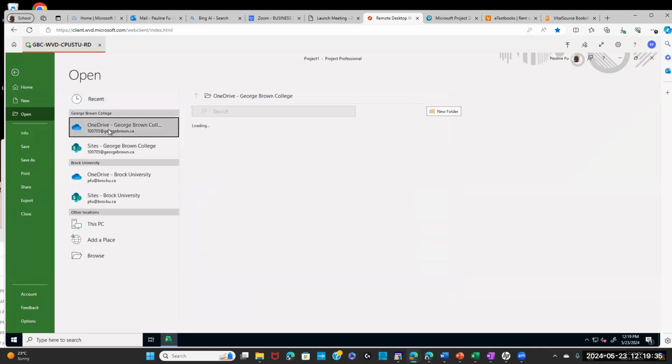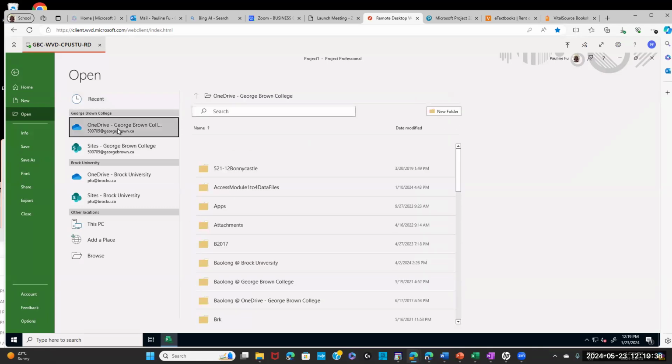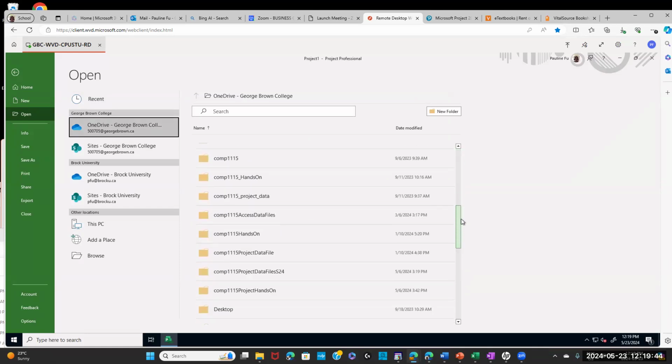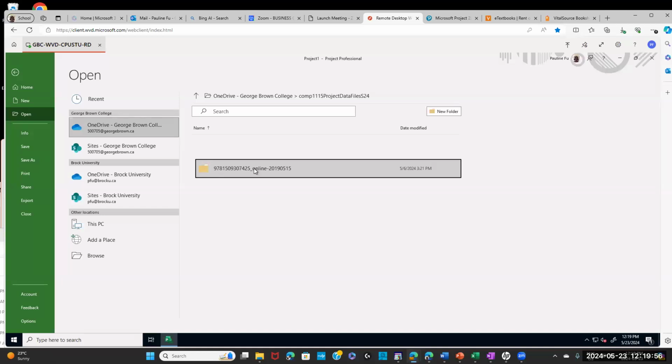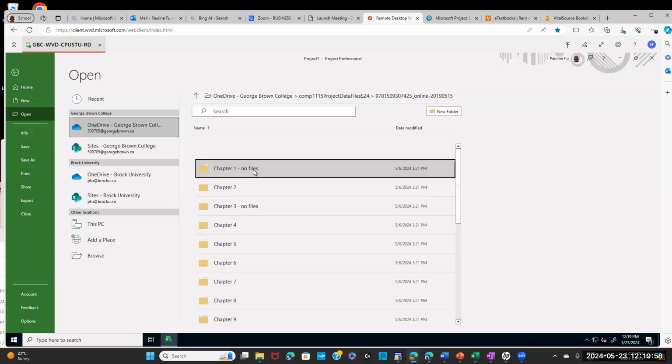I locate OneDrive George Brown. Then remember I have a folder, Comp1115 project data files, summer 2024. We did this in week 1. Okay, so I click it. And then this is our data file, click it.